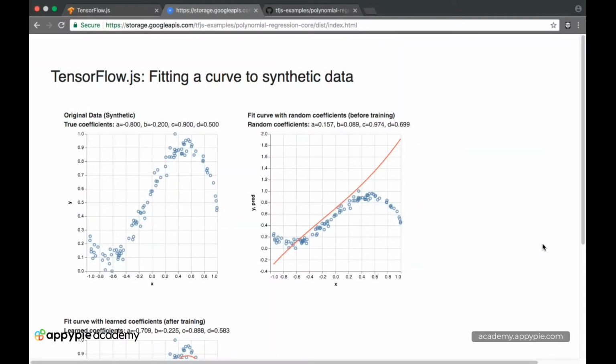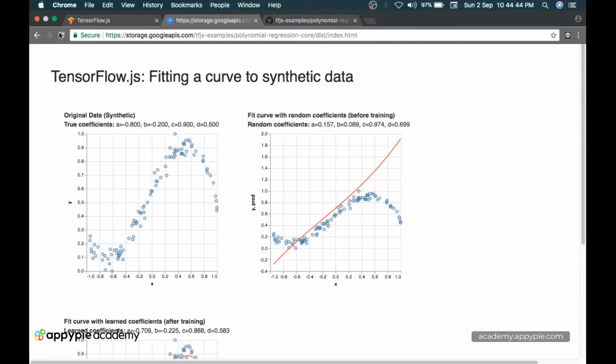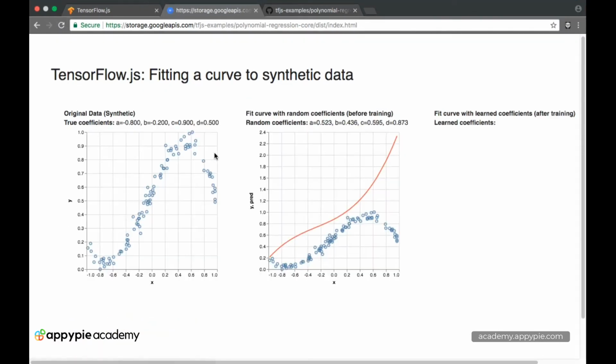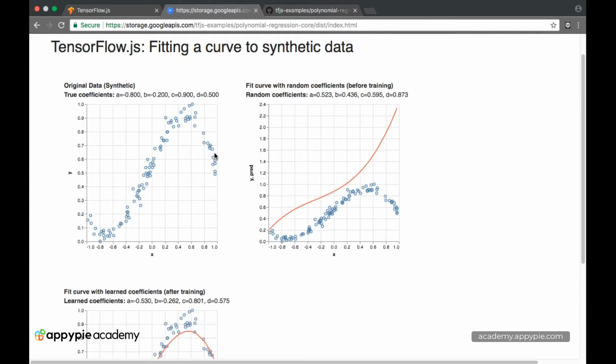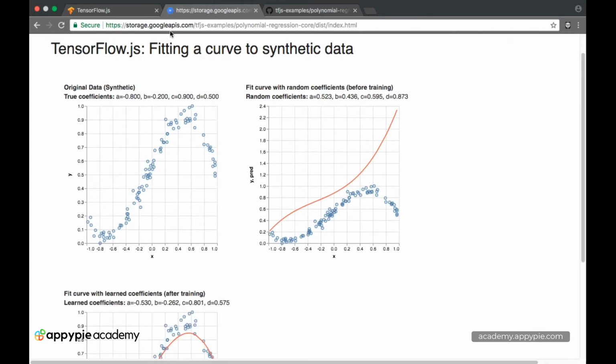Okay, so now in this case, we are going to look at a problem where we have to establish a relation or a pattern in between randomly generated points. Okay, so this is the final product which we are going to do. So if you refresh over here, you can see that every time this web page loads, we have a lot of random points which are plotted according to a curve over here.